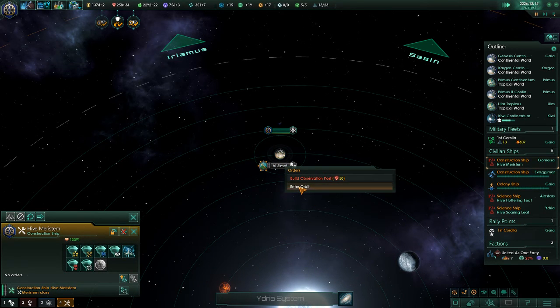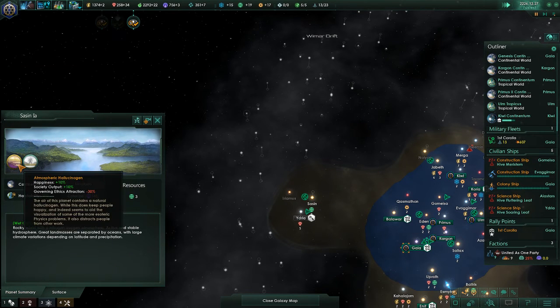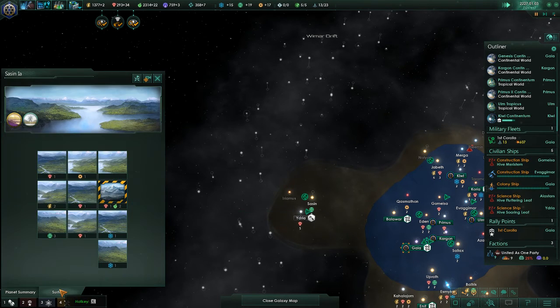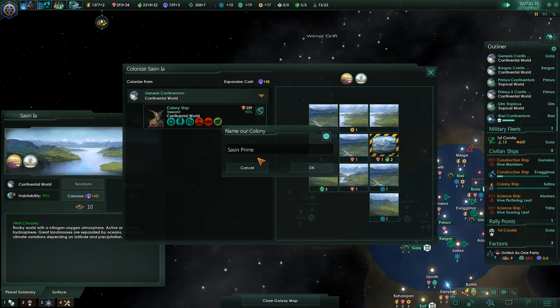Can't build an observation post because this probably does not lie within our borders. Over this planet, plus society, plus happiness, plus wow. Okay. Even though it's small, it does have some pretty good modifiers that are nice. So we're going to colonize that bad boy. Go ahead and get our foot in the door in that area. So do this. How about we name it a different...